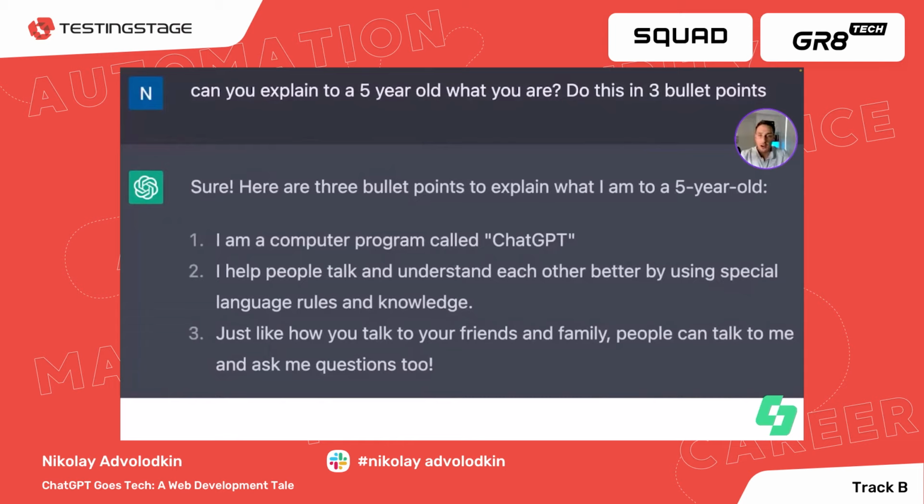As you'll see here, the way ChatGPT works is it's a chatbot that you interact with. You give it prompts and it gives you responses. It's an extremely advanced AI with which you can talk in a natural language model. And you can ask it any kind of prompts as you see here. I asked it to explain to a 5-year-old what ChatGPT is and do this in 3 bullet points.